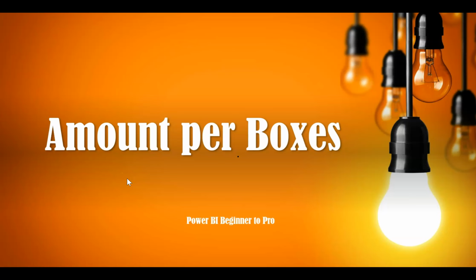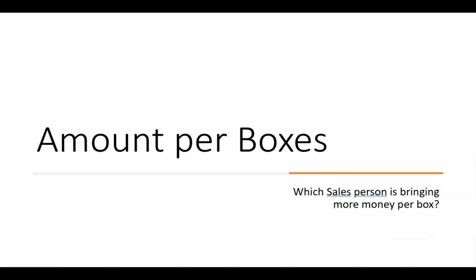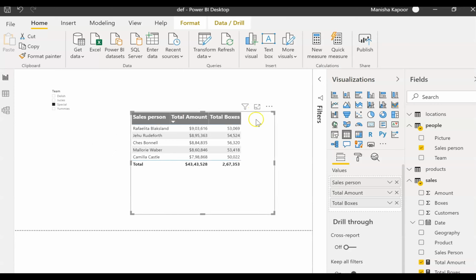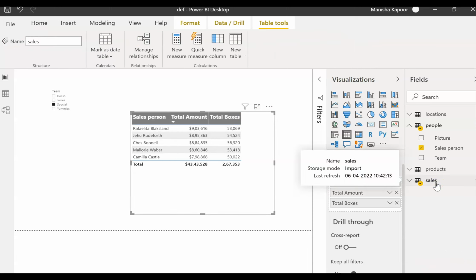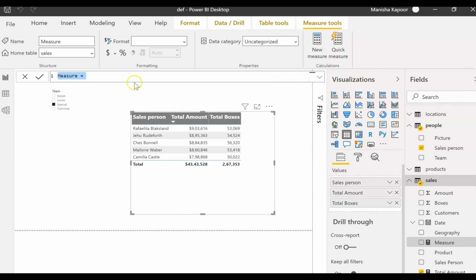Next we can check what is the amount per box. If I want to find which salesperson is bringing more money per box, I can create amount per box, and I already have total amount and total boxes created. These two measures have already been created, and I can create amount per box. So it's the same drill. Go to sales, new measure, and I write amount per boxes,